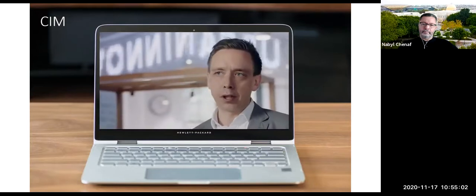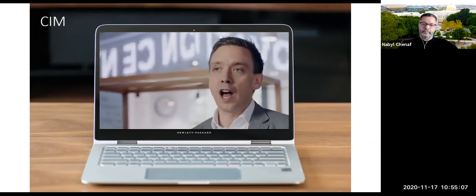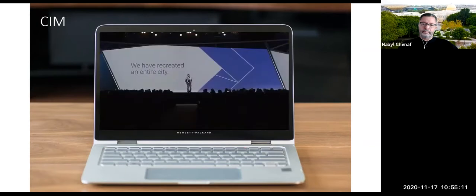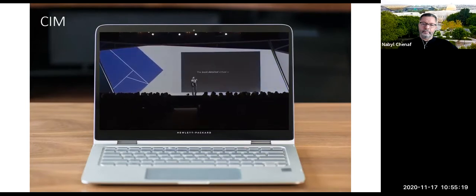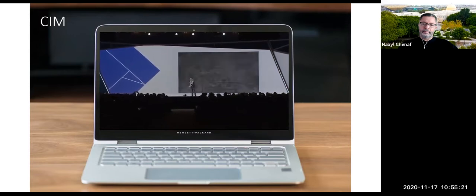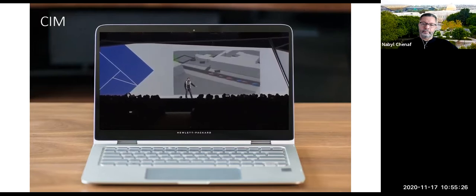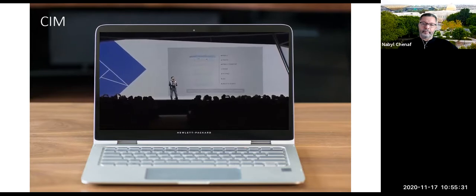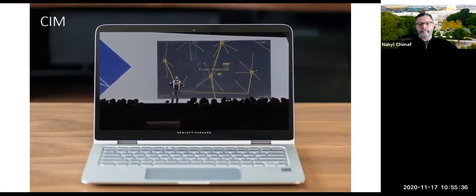For example, Improbable are a gaming company who are starting to make city information models and simulations at a very large scale using very sophisticated computing power and data science. This is the largest simulation of its kind ever created. This is a complete simulation of an entire UK city. Its telco network, its power grid, its transport network, its sewage systems, its housing demographics, even the way in which people move around and interact with the city. And it's able to run in real time using Unity for visualization and interaction with the simulation.